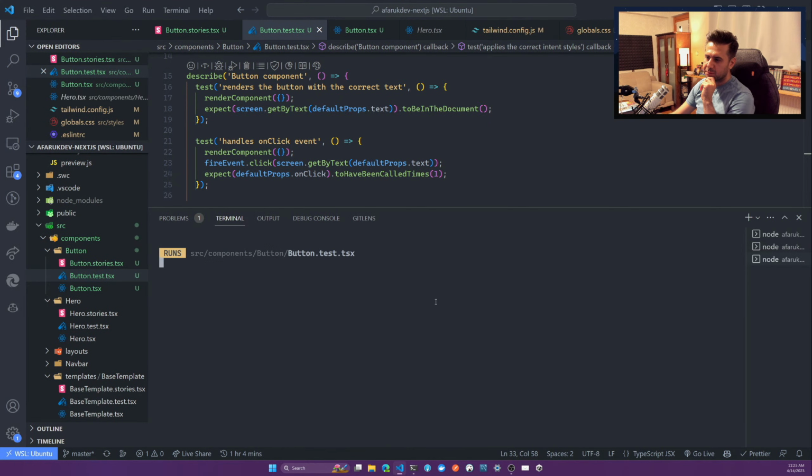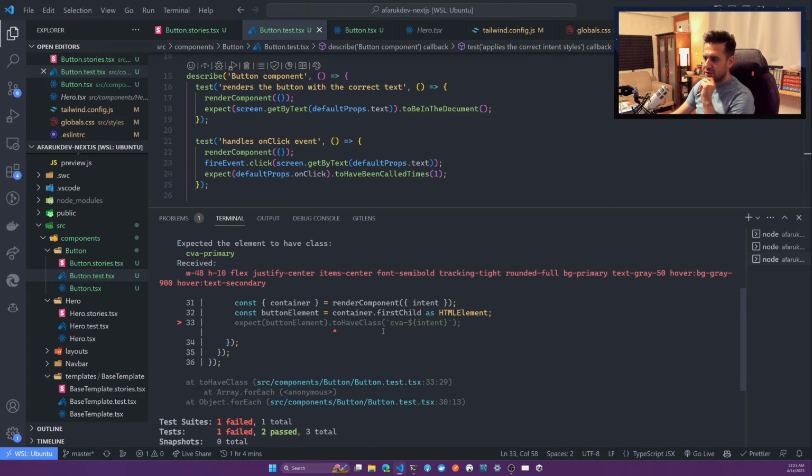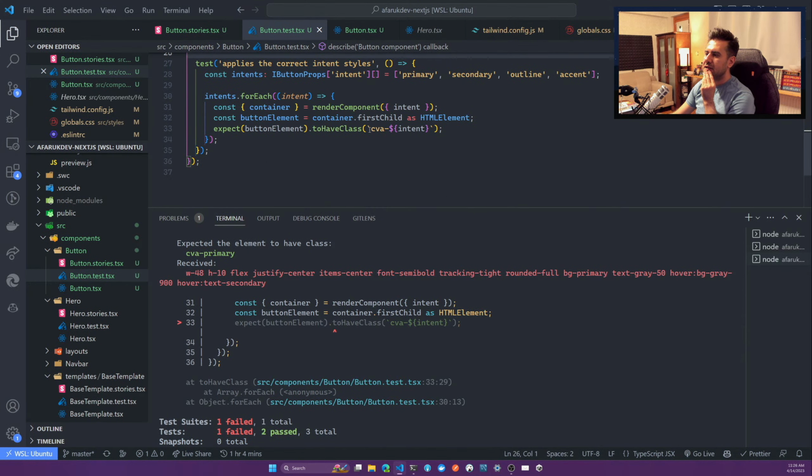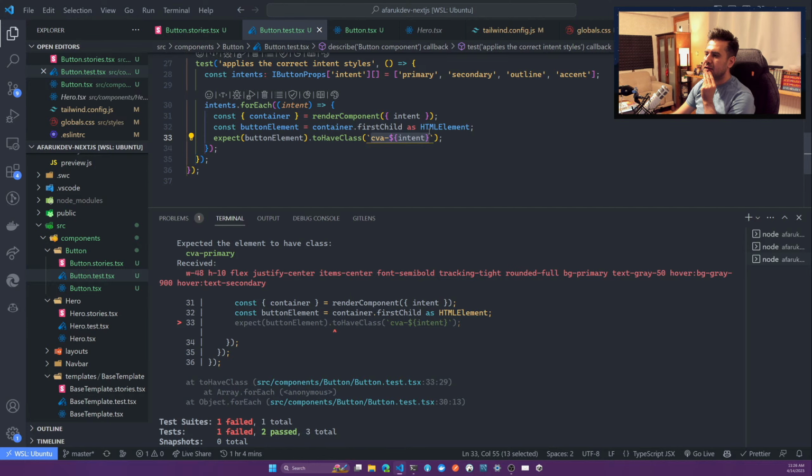Let's see. Button failed. Yes, this is what I was expecting as well. Button element should have. We don't have CVA primary, but it will have. Yeah, this is something